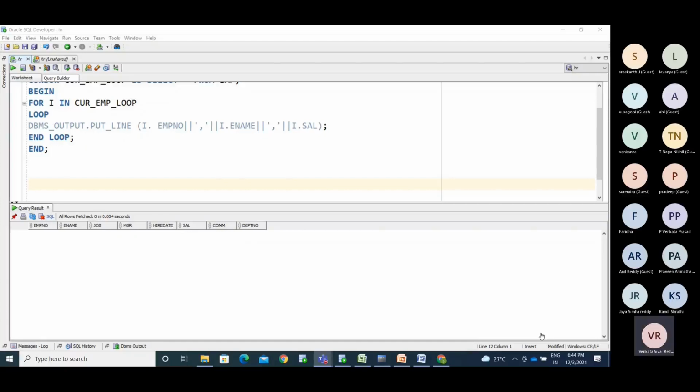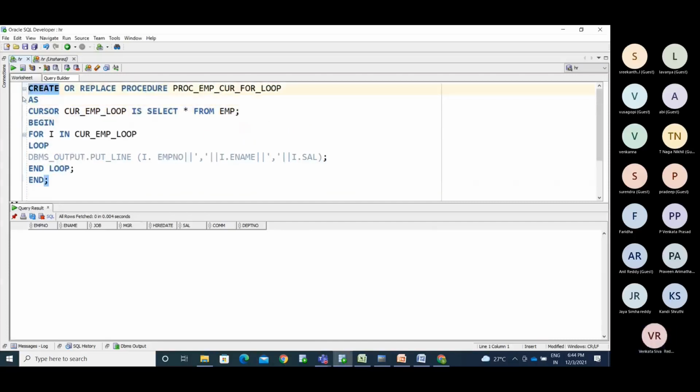Simply I declare the cursor, and I have declared it here. I haven't opened the cursor.